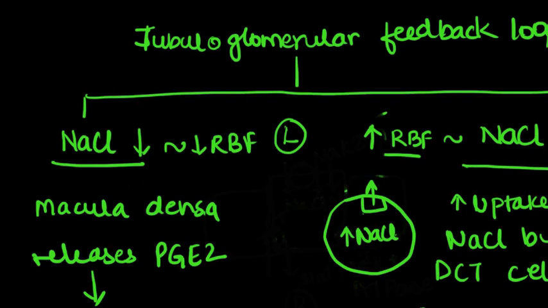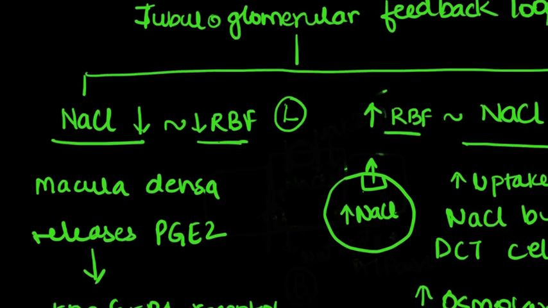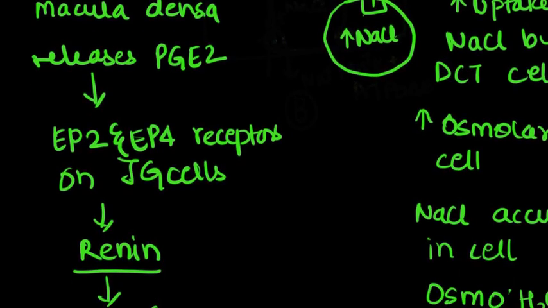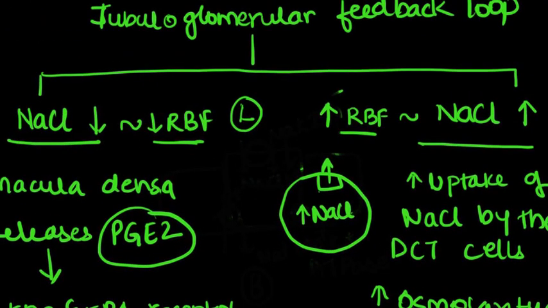So it's very simple. A low sodium chloride is equivalent to a low renal blood flow, and to avoid the damage caused by ischemia, everything starts with the macula densa, either with a high or a low sodium chloride. A low sodium chloride, equivalent to a low blood flow through the glomerulus, needs to be increased, and the end result is that it needs to activate the renin-angiotensin system. It does this by releasing prostaglandin E2, which will act on the JG cells to release renin.